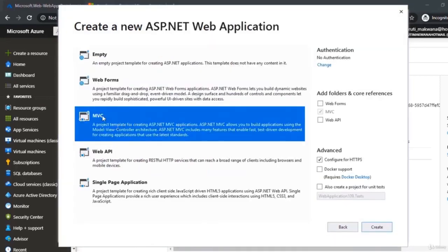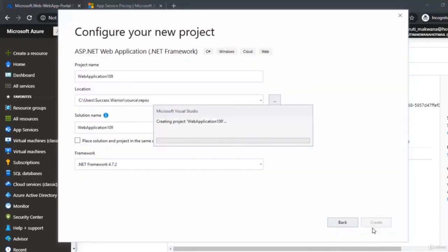It's asking me which kind of template I want. MVC is one of the most popular and used ones, so I'm picking MVC only. If you want, you can pick Web API also, and you can deal with that. We'll click on create. Once we do this, a very basic application is going to get created